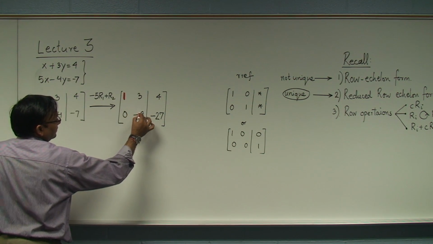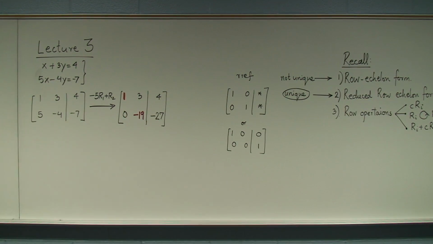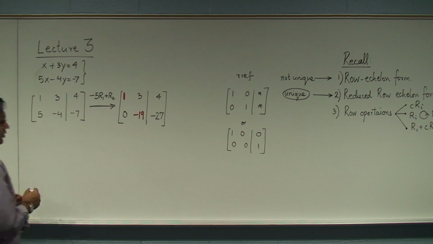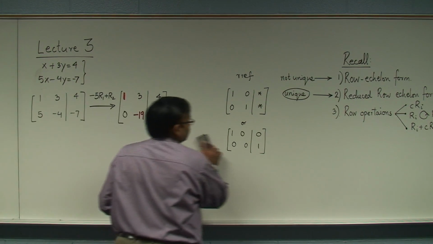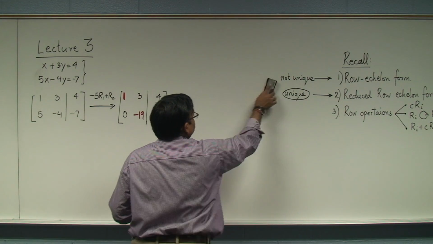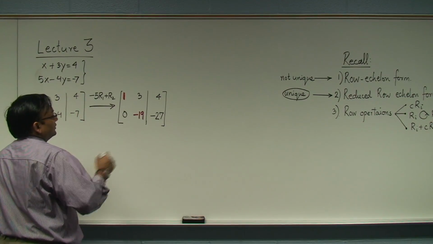So this is a leading entry, this is a leading entry, and as you can see, they do satisfy the definition of echelon form. So this is a possible echelon form. Let's see if we can get something out of it. Of course, we can solve the system from here itself, but we'll see if we can go for the